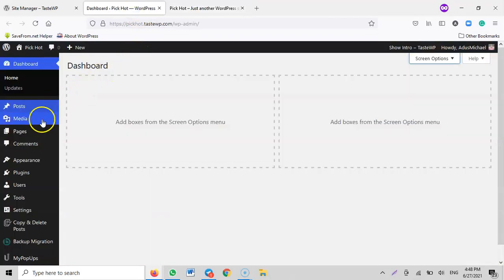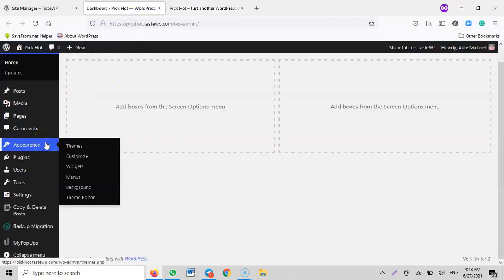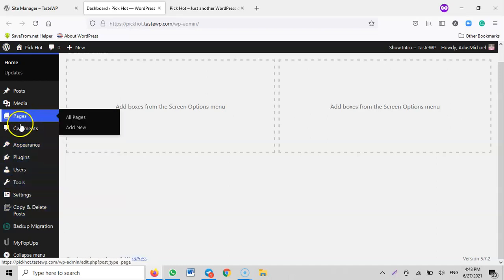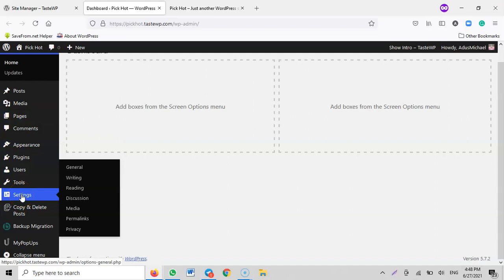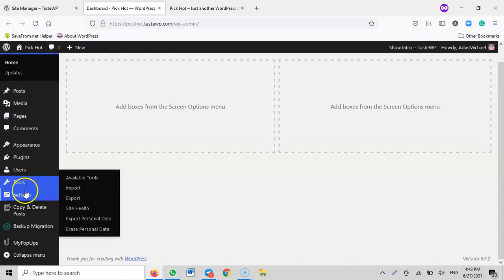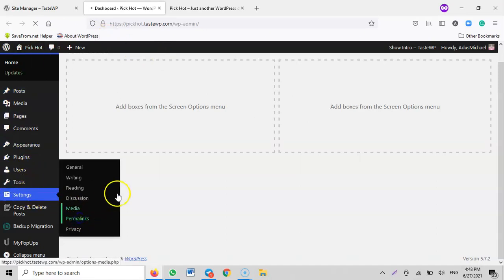So I go. The process of cleaning up your WordPress dashboard, I'm sure you're familiar with it, and if you are not, I have a video that covers that aspect, and I'll make sure I put the link in the description below so that you can watch it and see how you can clean up your WordPress dashboard. So I'm not going to go through the process step by step. I could still just do it, but if you can follow it, fine, but I'm not trying to explain because I already have a video for that. Okay, so